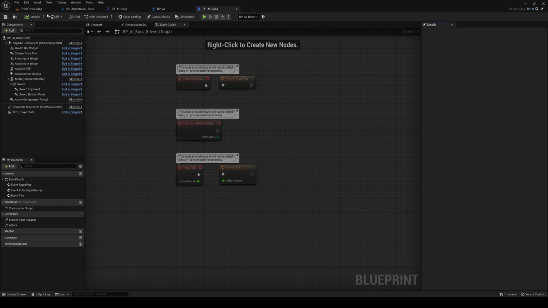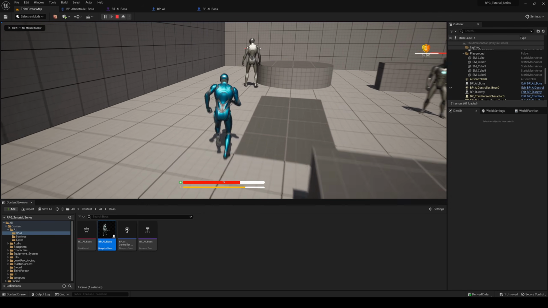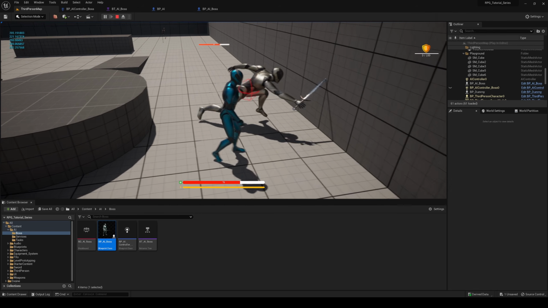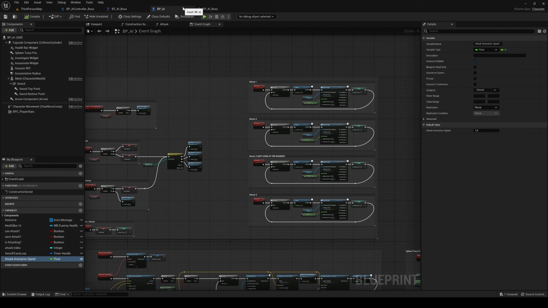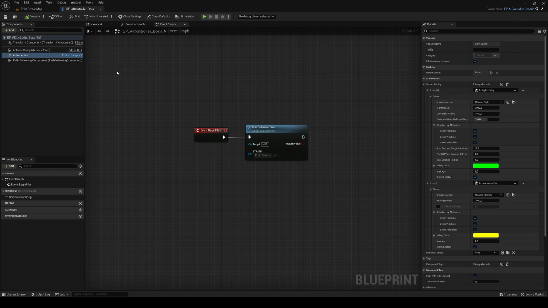So now in theory, he should attack with half the speed. So let's put this as a test. Let's play this here. And as you can see, now yes, he attacks slower. Of course, it is way too slow. So we can change that by going back into, let's close a lot of tabs that we don't need,